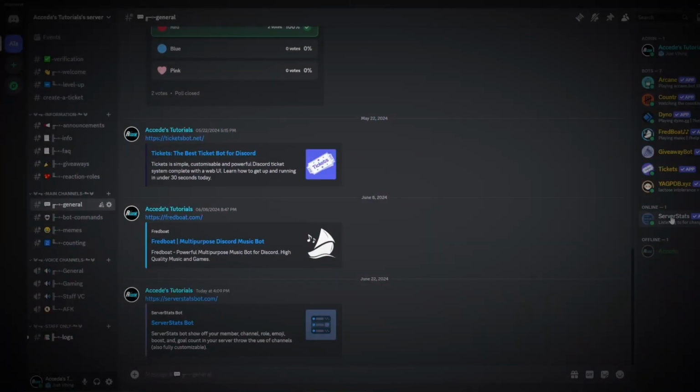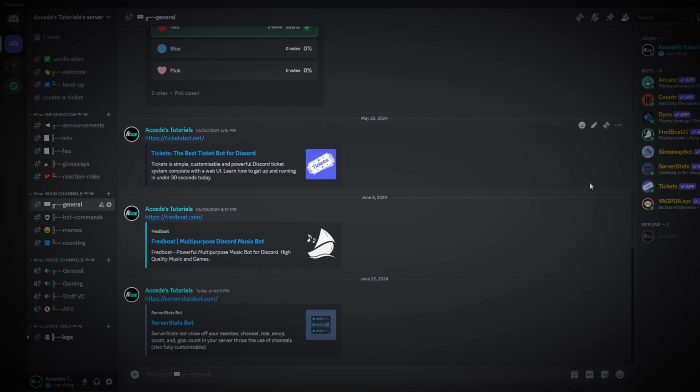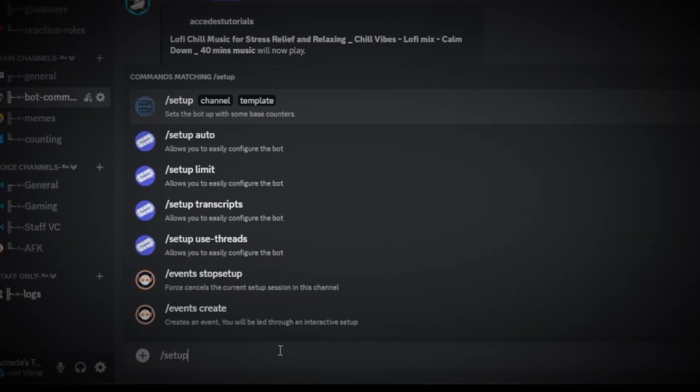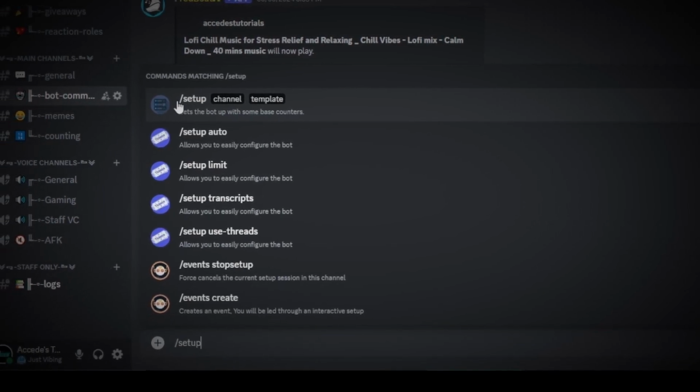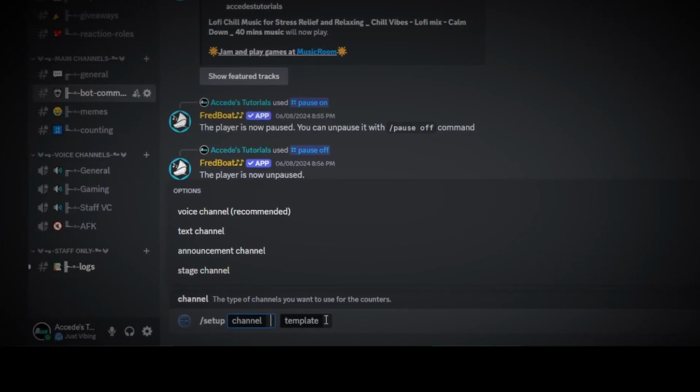Now that the bot's in the server, we could give it the bot role so it's with the rest of the bots, and now we could use its commands to set up the bot. So all we're going to do is go to the bot commands channel that we've created previously, and we're going to use the command /setup. Then we'll simply click on the command corresponding with the ServerStats bot, and then there will be two sections here,